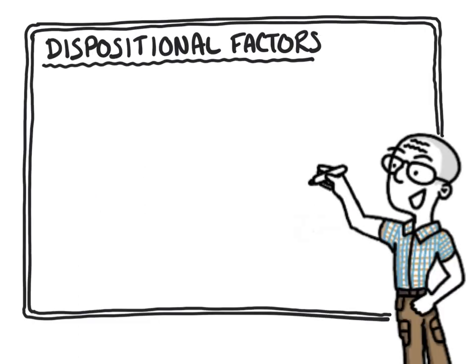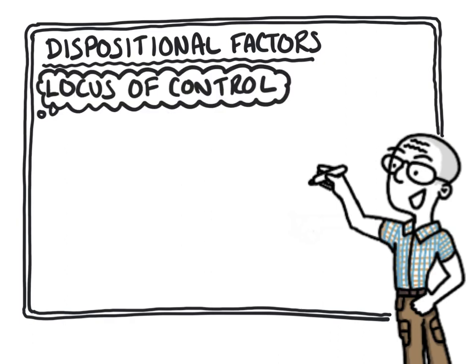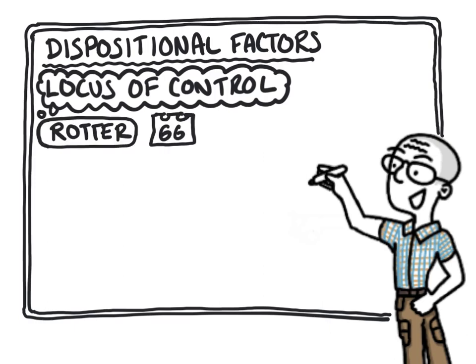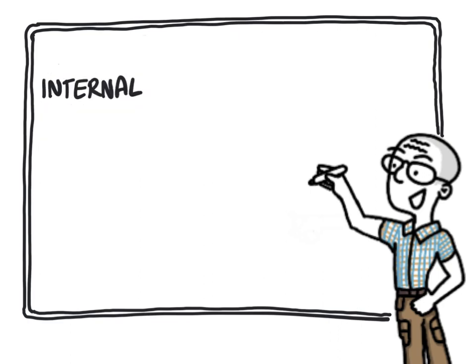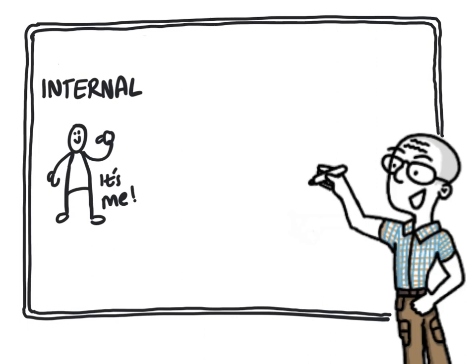Now let's look at dispositional explanations of the ability to resist the pressure to conform. Specifically, the syllabus requires we consider the notion of locus of control. Julian Rotter, 1966, proposed a personality dimension called locus of control, concerning where people saw the source of control in their lives. At one extreme, we have internals. These people believe they are the source of the control and they are responsible for the outcomes in their lives.